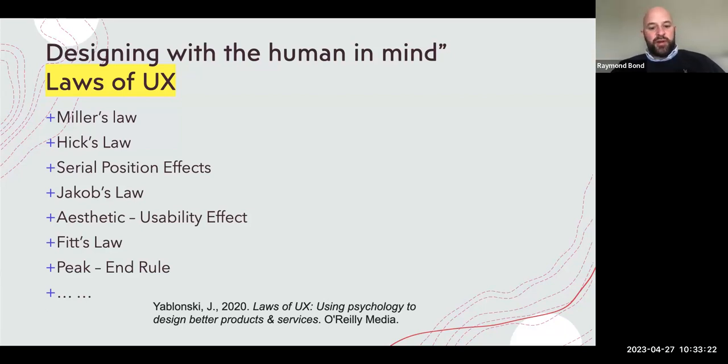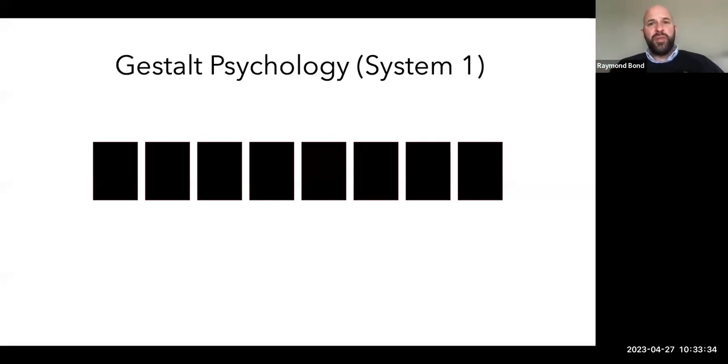I'll not go into the other laws, but there is a great book here, Laws of UX, that I've cited that you might want to look at. But the point here is that we often would design an interface with these laws in mind. You'd also be mindful of something that's known as Gestalt psychology. Gestalt means shape, and it's the appreciation that humans use a lot of our brain for visual processing, and we interpret shapes automatically in our System 1 cognitive system, right? So, for example, here we perceive that there is, let's say, eight rectangles,